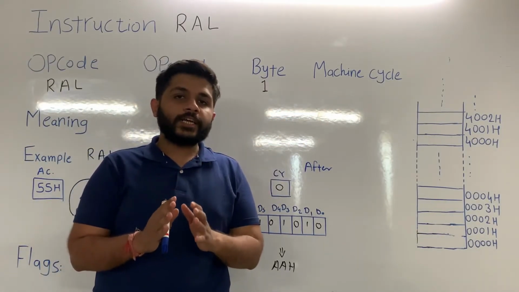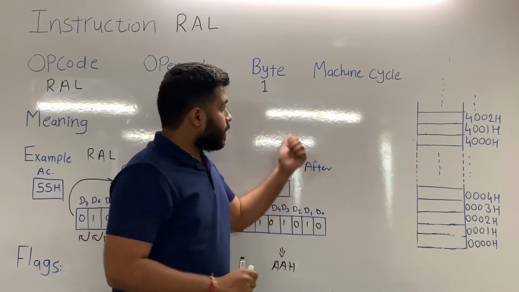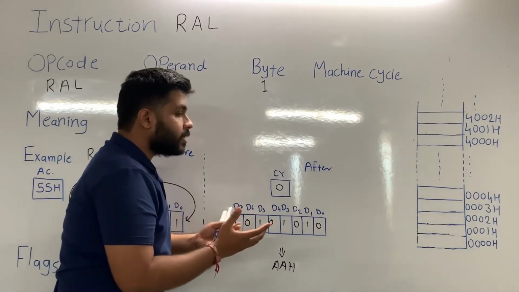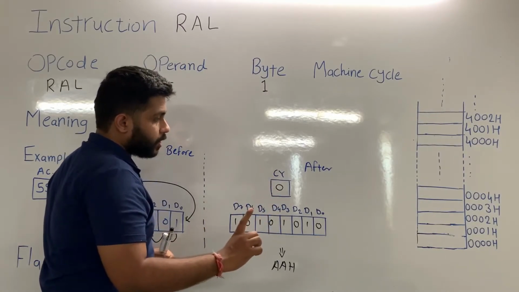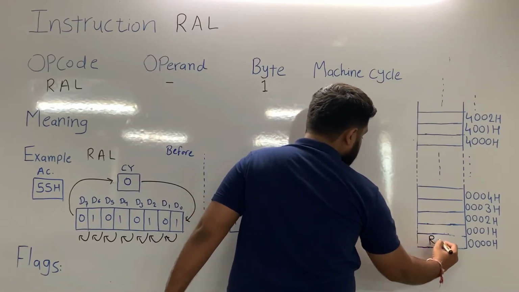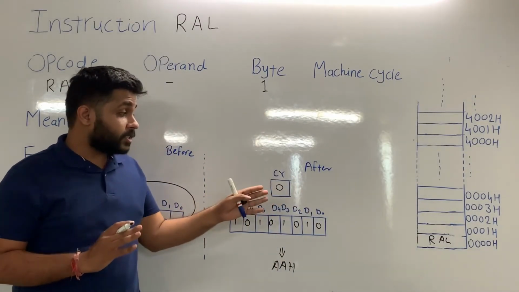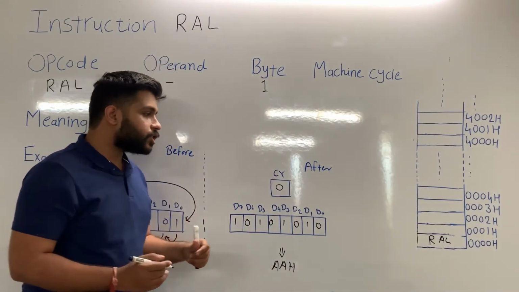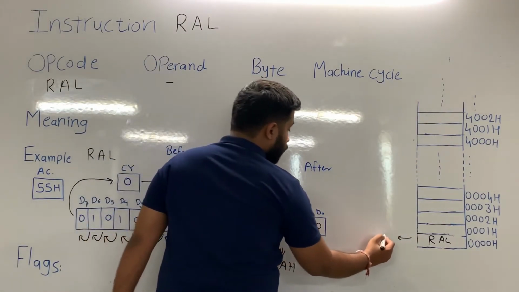You know very well, to understand the machine cycle, you have to see the whole process for particular instruction. As you can see, this instruction is of 1 byte. It means when we give this instruction, it will be stored in the memory and it will occupy only one memory location. So only one memory location will consume this instruction, that is RAL. After all instructions are stored in the memory, the processor will start doing its task, that is to fetch, decode and execute. To fetch the instruction, the processor will execute the first machine cycle, that is opcode fetch.